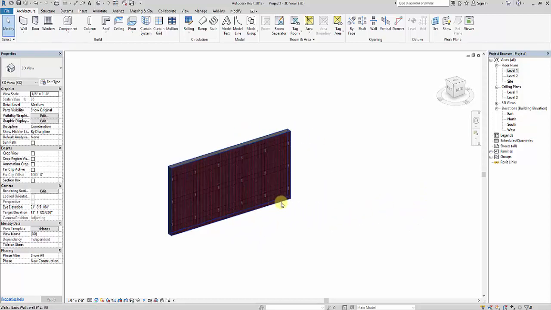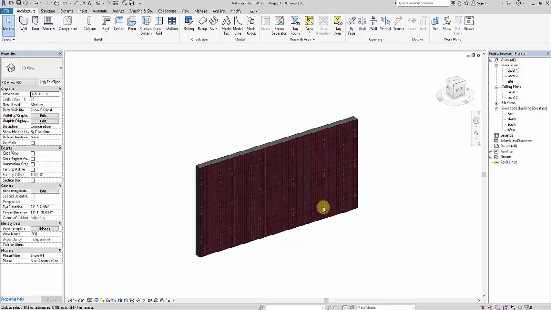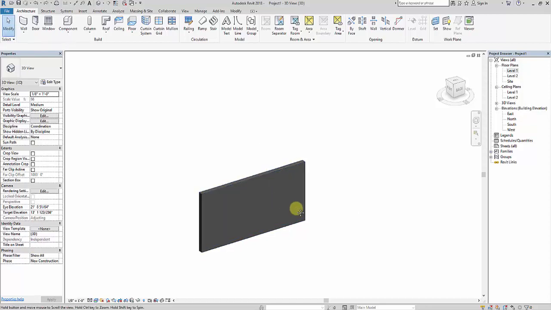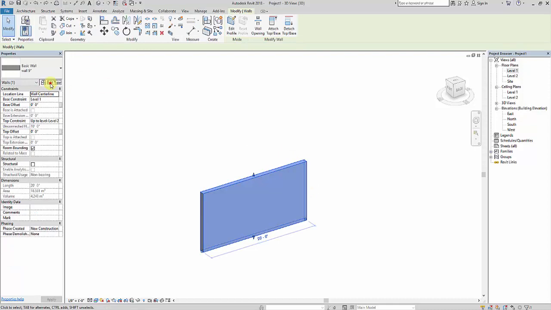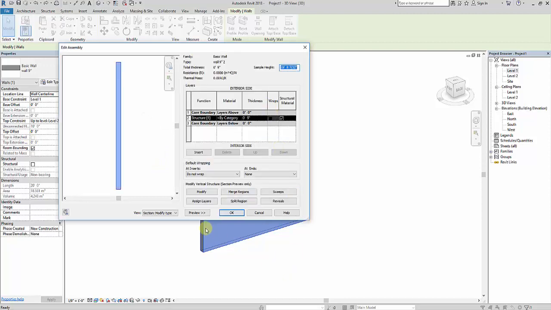Now suppose if I again want to apply two materials, but if I want to apply it horizontally, suppose half of the wall if I need tiles and half of the wall I need plaster, so I can apply it like that also. Okay, so let us see here. So again I'll select the wall, I'll click on edit type, duplicate, give the name, click on OK and click on edit. So next again I'll click on preview. So as I've already done here, it's already there by default. So again I'll click on preview and I'll set the way as section modify type attribute.